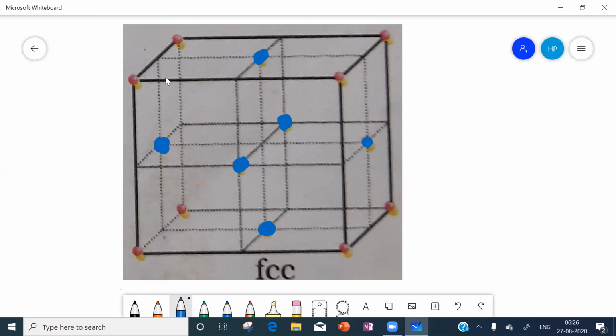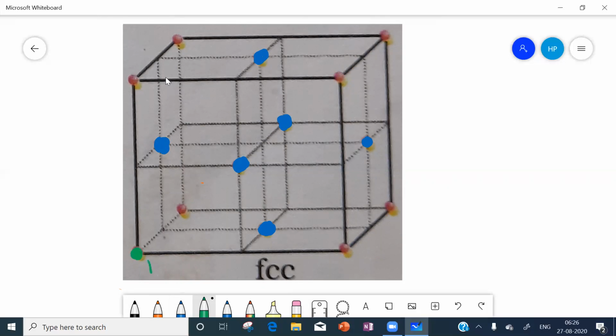These 6 face centers, in what way should they be? 3 should be in one layer, 3 should be in another layer, either above or below. Suppose this corner is the first layer.